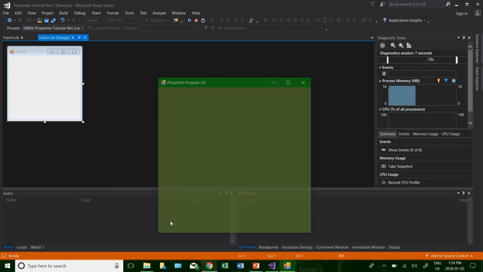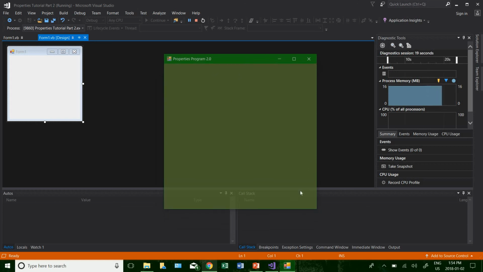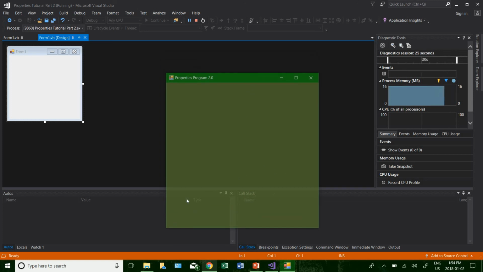So see how the dimensions have changed to 500 by 500. Property programs text, okay, 2.0. Dark olive green background. When it popped up, it was in center screen. And we have the dark olive background. And you can see, I can actually see through this because I created the opacity to be 75%. Okay, and that's an example of how you would